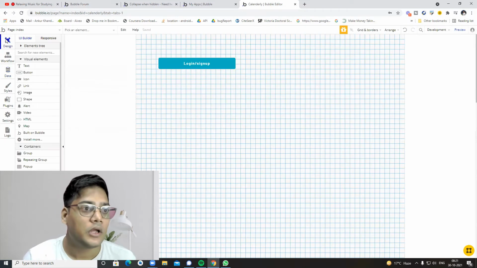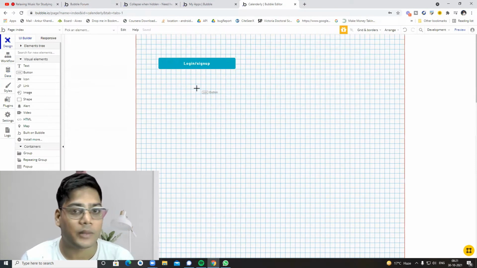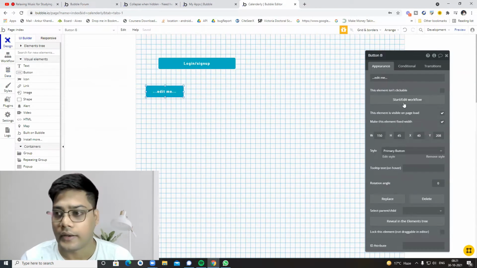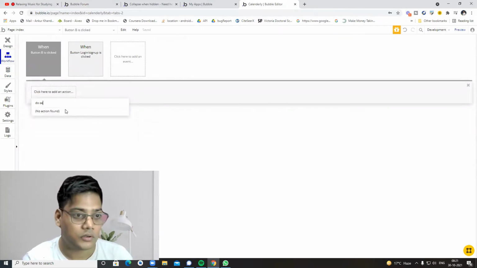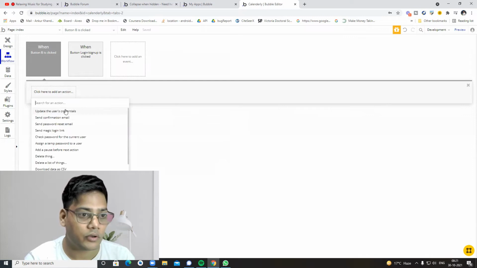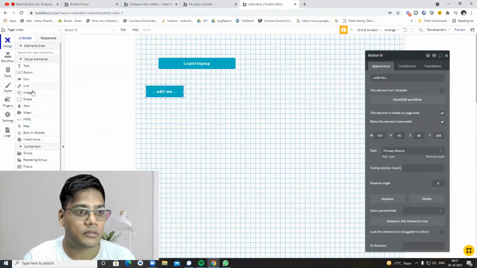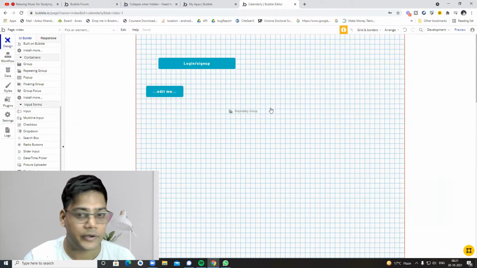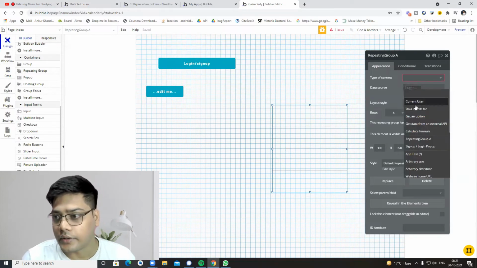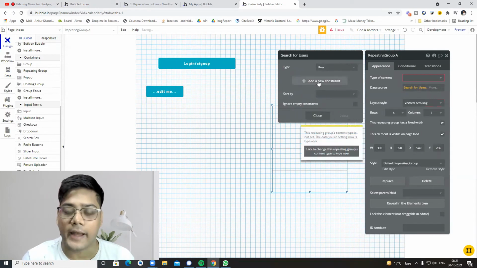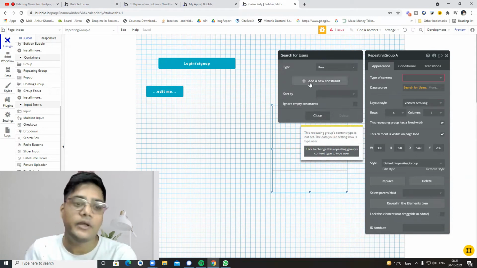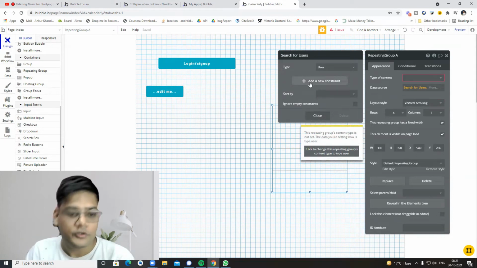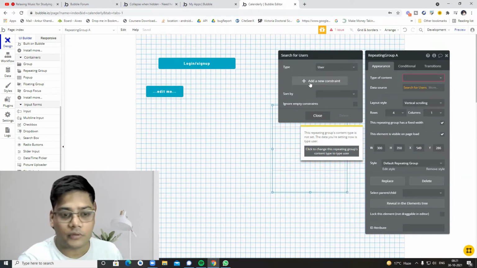For example, if I put a button, click on this and make a Do a search for, sorry, not this, something like a repeating group, Do a search for this one, and I don't put any condition or constraint, my whole DB is dumped here. Whether I use it or not, all my users will come here.